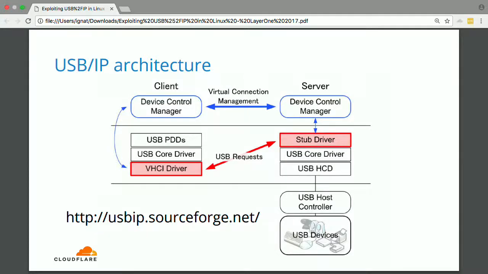So here is the very high-level architecture. This picture is taken directly from the project website, and you can see the link to the project website below. Sorry, no HTTPS, so maybe this data was hijacked. But anyway,